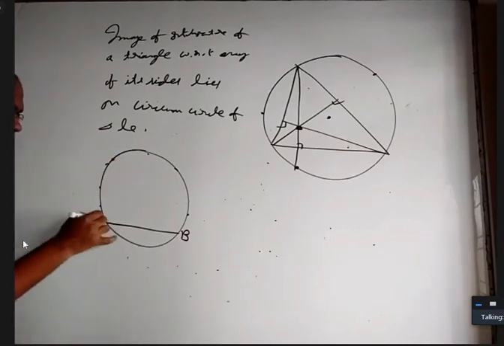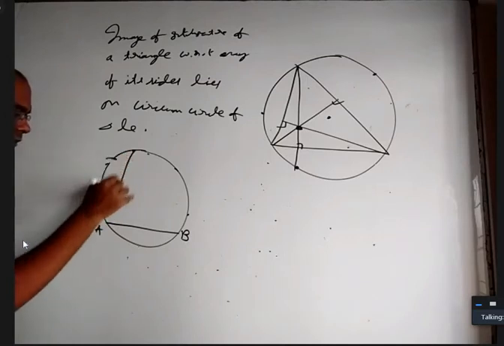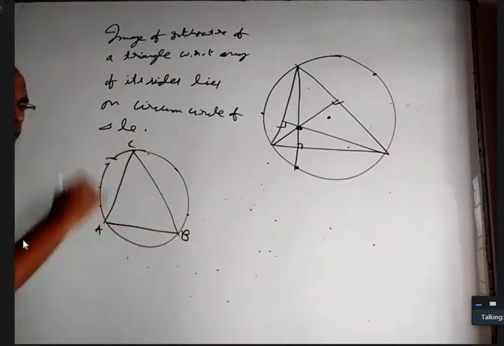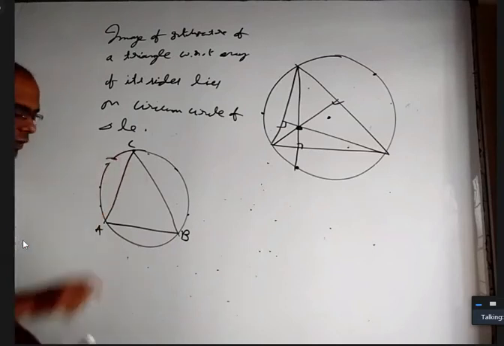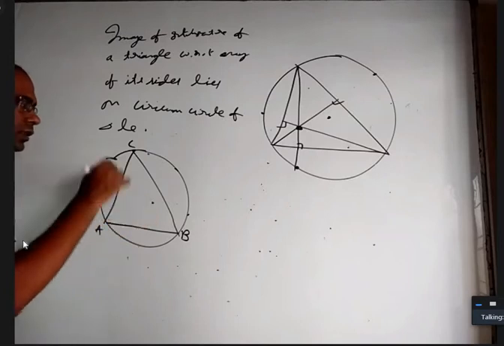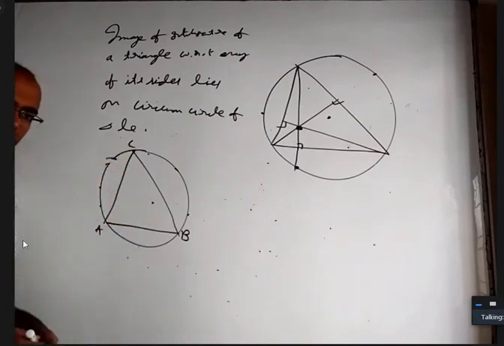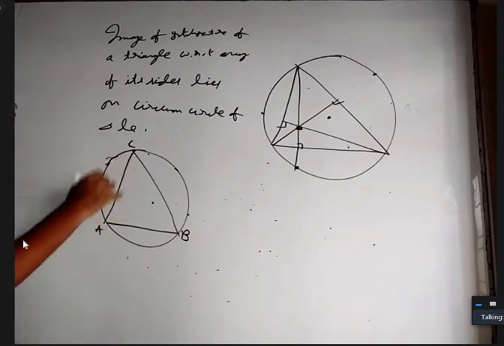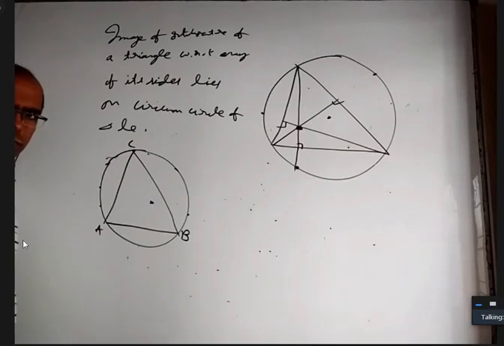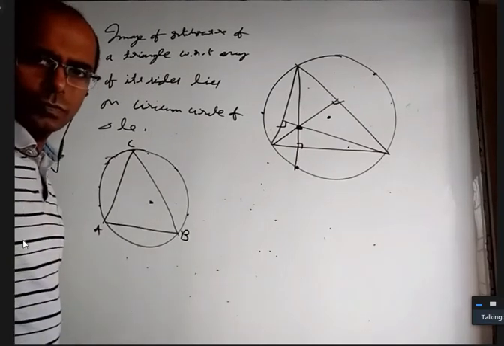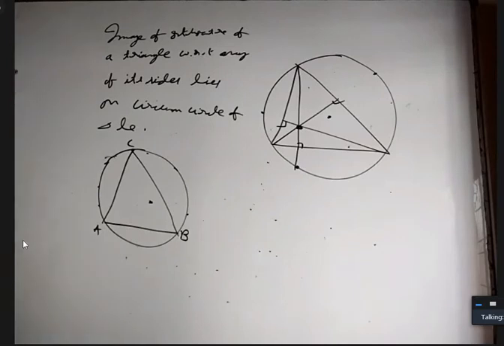Let's say I'll take C here. Right now, where is the orthocenter of triangle ABC? How can I identify that? Anybody? Geometrically, in this figure, how to identify, based on this property, where is the orthocenter of triangle ABC? Why doesn't somebody answer?